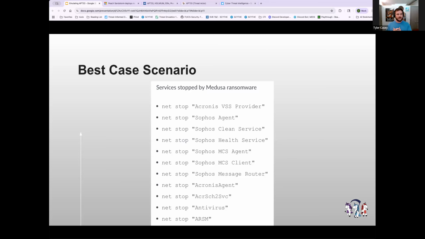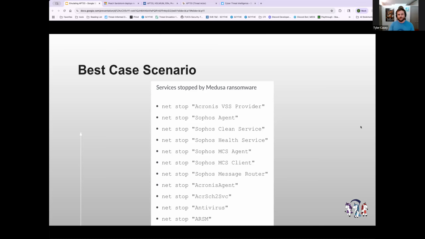So they have listed out commands or procedures that were observed from a Medusa ransomware campaign, and having this level of detail and specificity will allow us to essentially just copy and paste and mimic exactly what the adversaries are doing, right? This is a very simple example, but just running these exact commands will give us exactly what that group is doing. So we want something from our CTI that's actionable that we can take, and that can be as closely related to what the adversary is doing during their campaign,